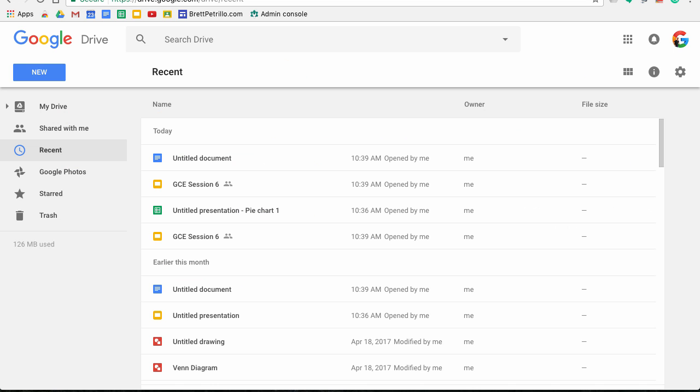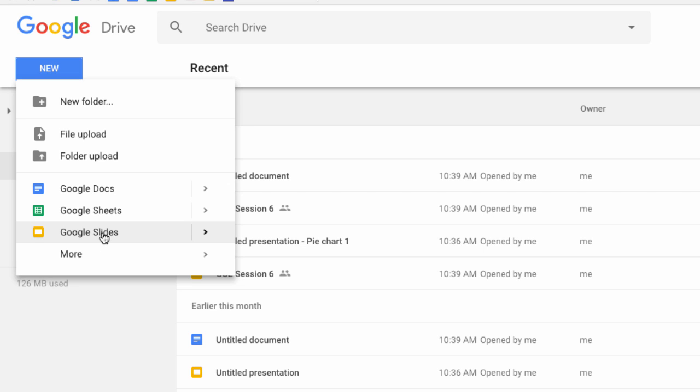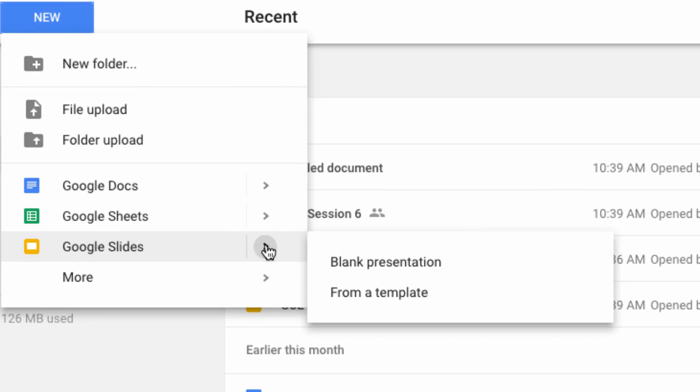Or what I like to do is go to my Drive and I can click on New, scroll down to Slides. And just like the other ones, I can start a slide show from a blank presentation or from a template, which will take you back to that slides.google.com screen. For now, I'm going to start with a blank presentation